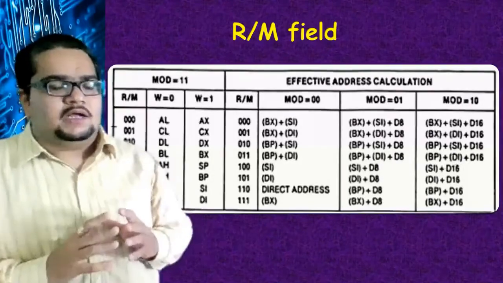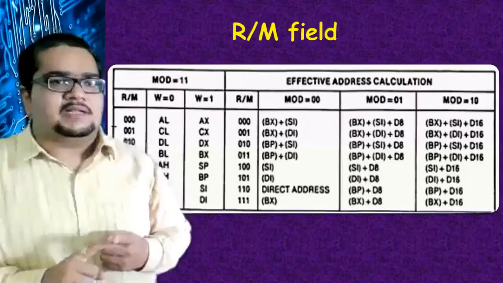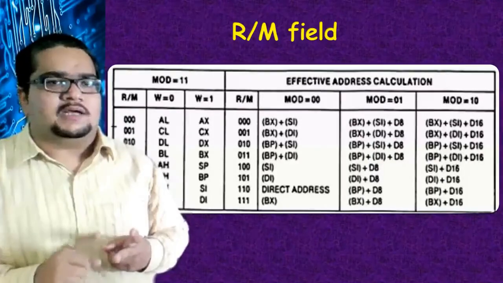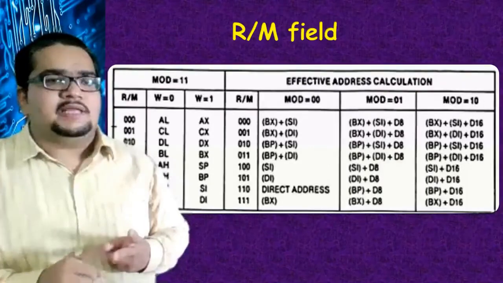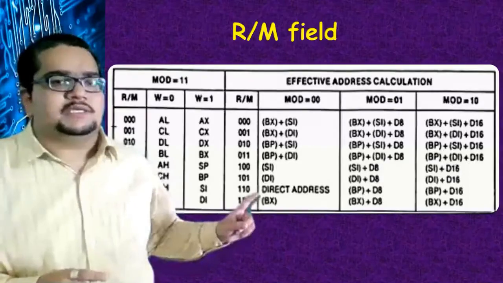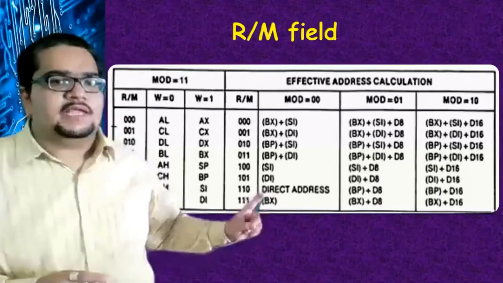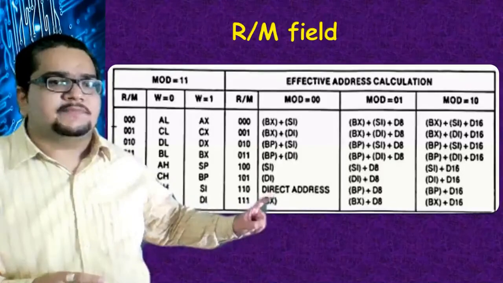So basically, the physical address of any data can be calculated by having the segment address and the offset address of that data. So the effective address is basically the offset address, which can be contained all together as a number itself. That applies to direct addresses. Direct addresses will give you the effective address, all 16 bits, in one place.